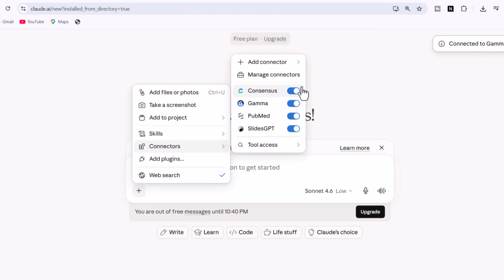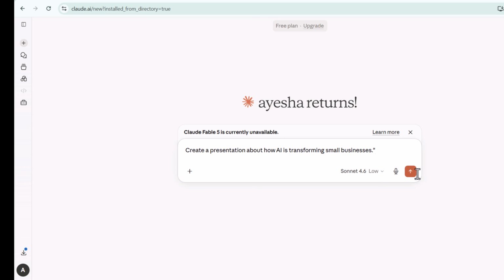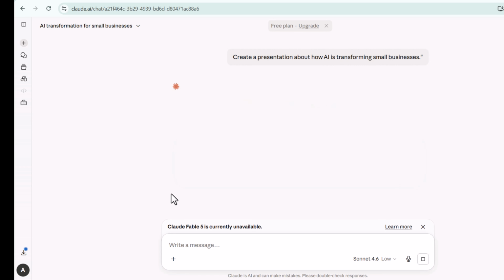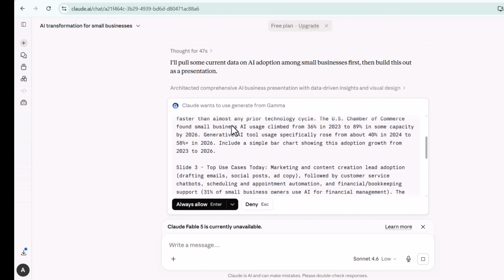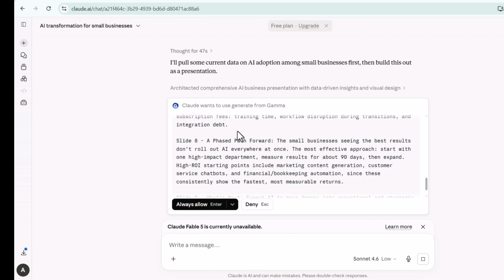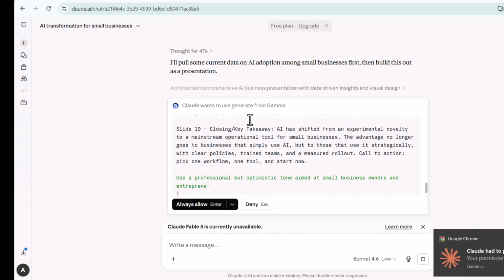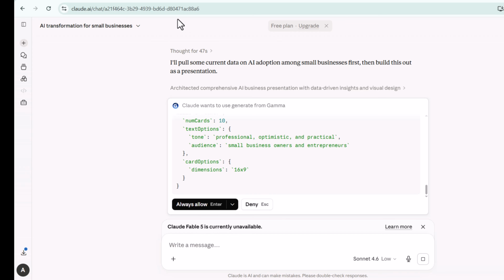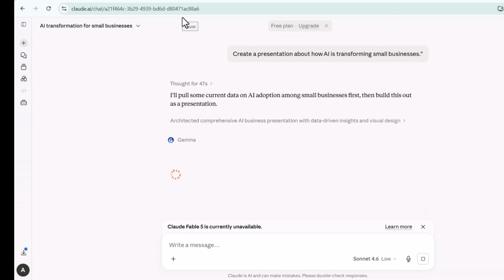Example 1, Business Presentation. Create a presentation about how AI is transforming small businesses. Claude can generate a complete Gamma presentation with introduction, AI benefits, real-world examples, challenges, future trends, conclusion, all organized into professional-looking pages. While traditional slide tools focus on individual slides, Gamma creates content that feels more like a modern website